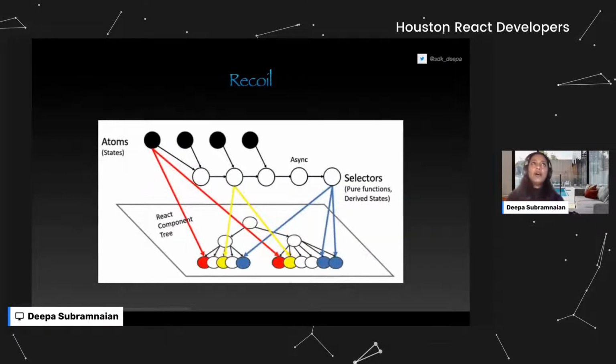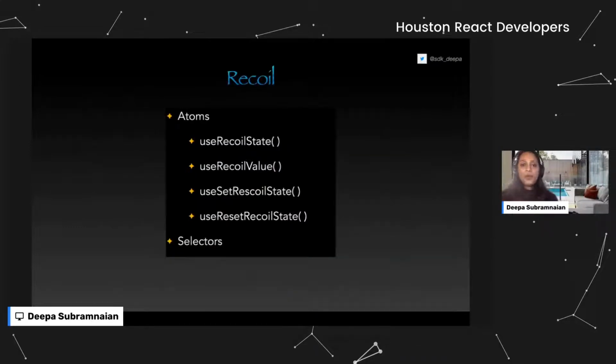If you see, Recoil creates a data flow graph like here, and that flows from atoms, which contain shared state, through the selectors, which consist of pure functions, and down to your React components. So these are the methods that are available in Recoil. You can use it along with the atom. And